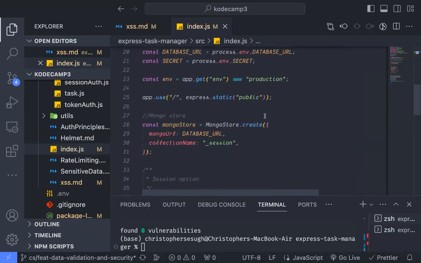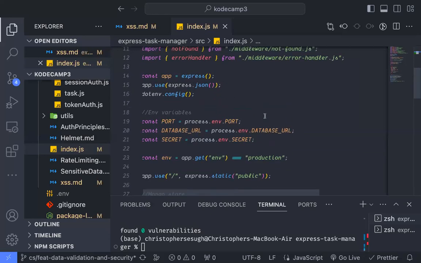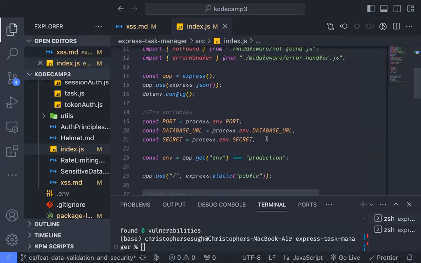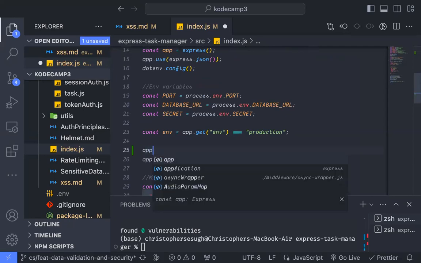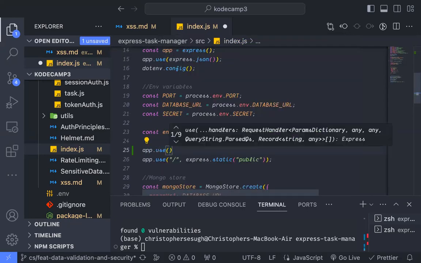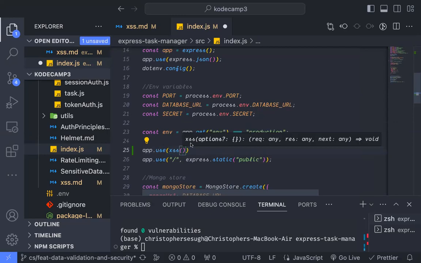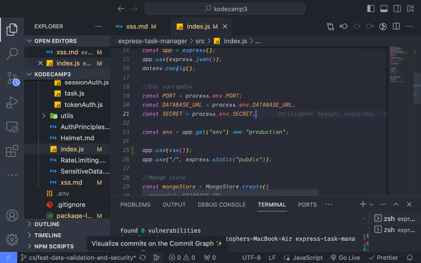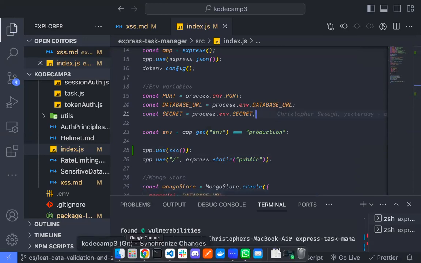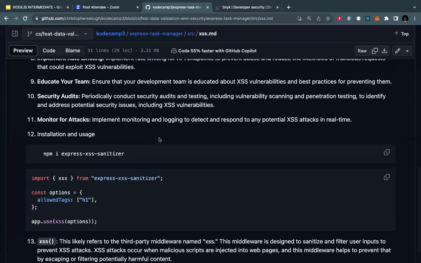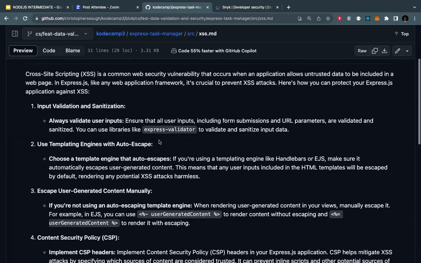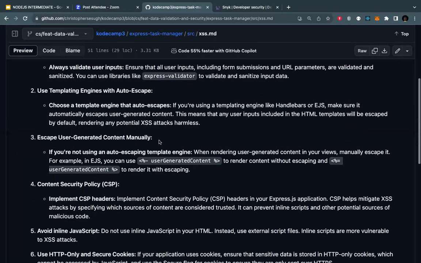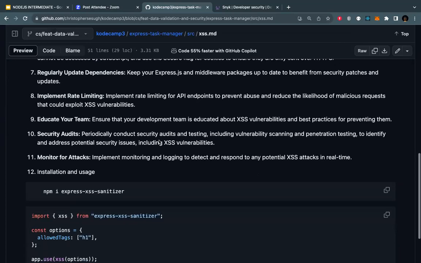Then you want to apply this before any route so that any suspicious request coming in will be handled automatically by your app. So before this index route, you say app use XSS like so. And it's asking for options. If you have any options, you can pass them in, but we don't have any options. So we're going to be leaving it like this. So that's all for XSS. We'll know the importance. And if the importance of using XSS is not clear to you,